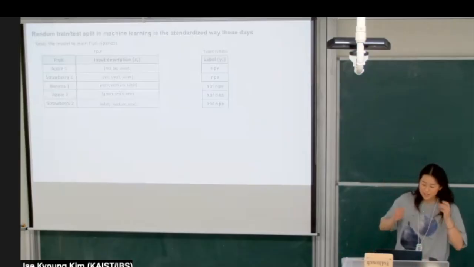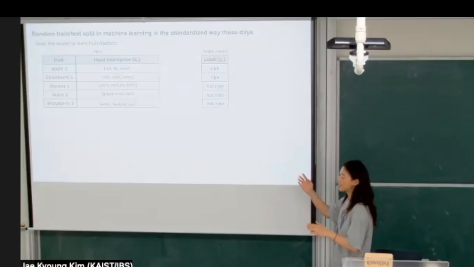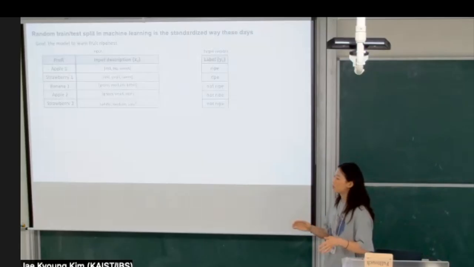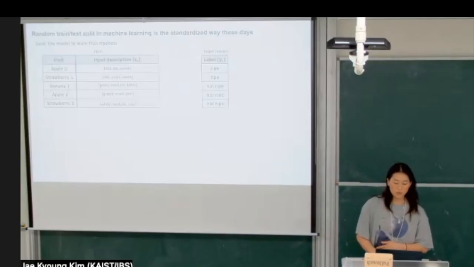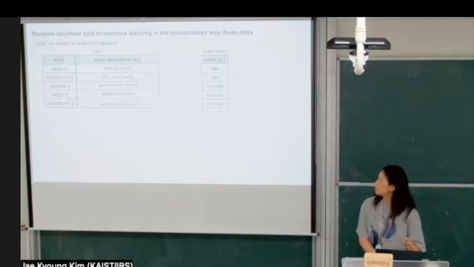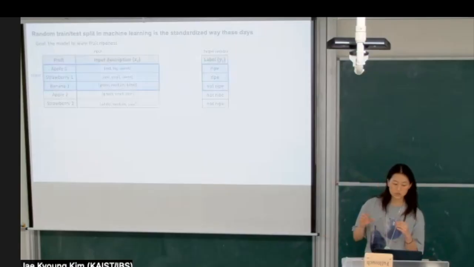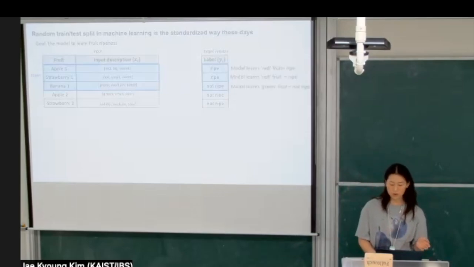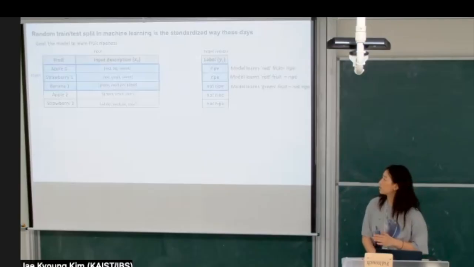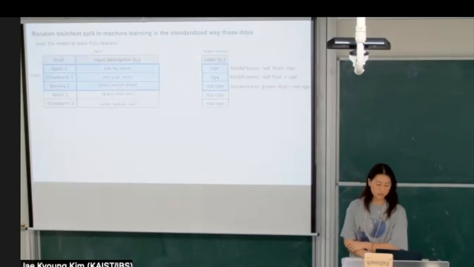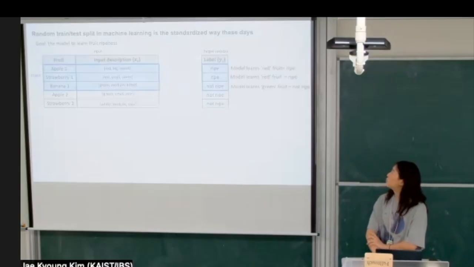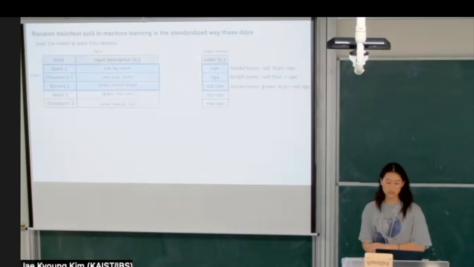Yes. So first, this is our data set, a very simple data set. And our goal is that the model will learn about fruit ripeness based on the description of the fruit. So when we perform machine learning, we tend to group into a train set, where the train set will help the model learn. So for example, it'll learn that red fruit is typically ripe, and green fruit is typically not ripe.